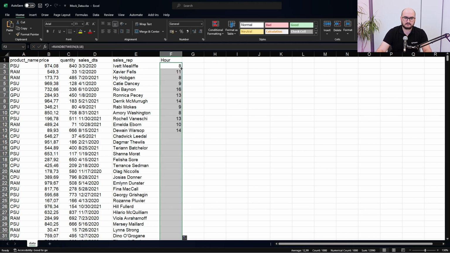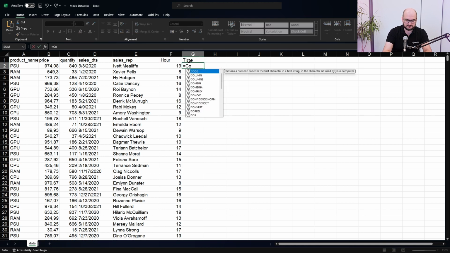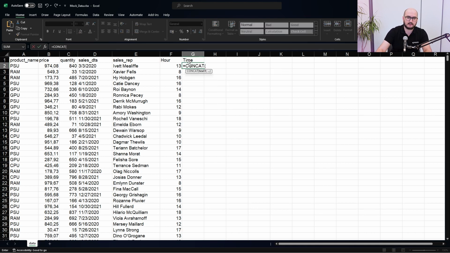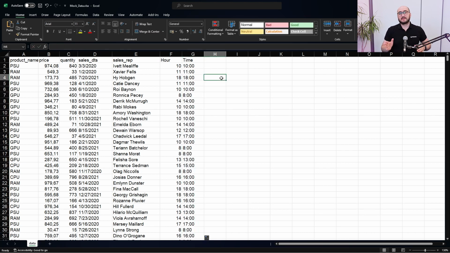Let's extend it. Now, in order for Power BI to more easily recognize that it is a time dimension, I'm also going to create another column, which is going to have a concatenated version of these values. So concatenate the hours, then I'm going to add a delimiter. There we go. Let's add a new one, extend it with 2 zeros. Add it to all the rows. And those are going to be the primary changes that I made to the Excel file